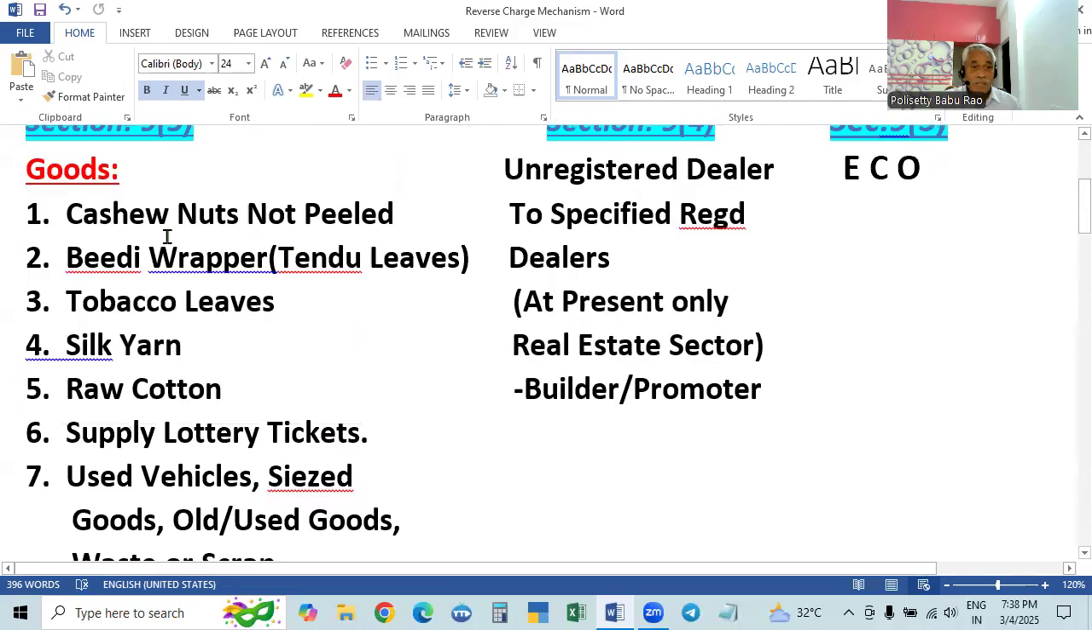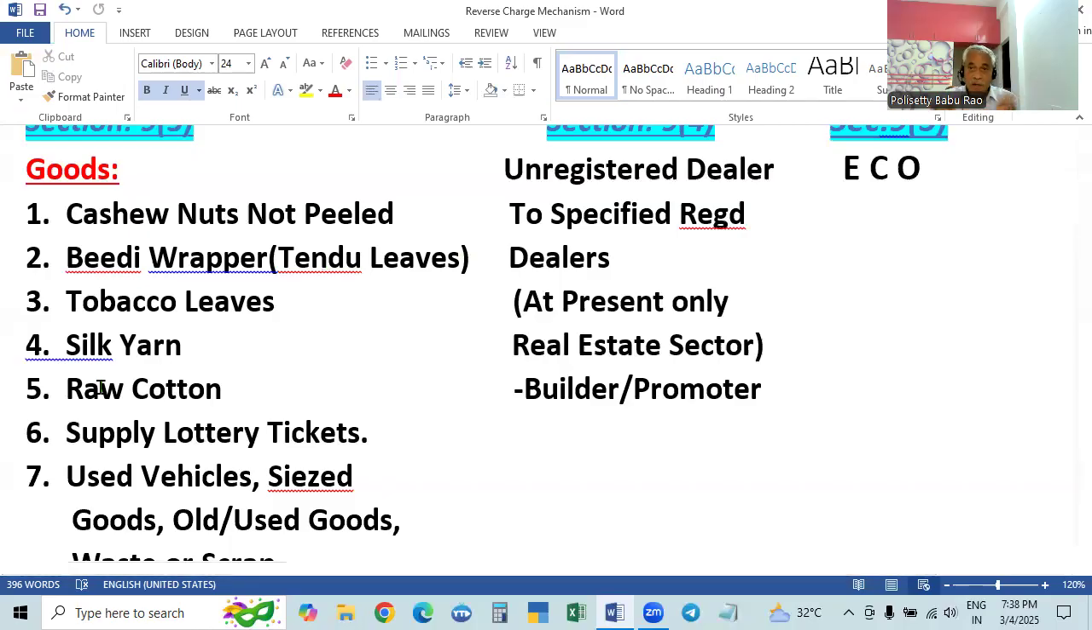First, cashew nuts, not peeled. Cashew nuts are taken from the trees without opening and without curing them. These raw cashew nuts, if sold, the seller cannot collect the tax. Next, BD wrapper, that is BD leaves, also called tendu leaves, used when making BDs. Then tobacco leaves,